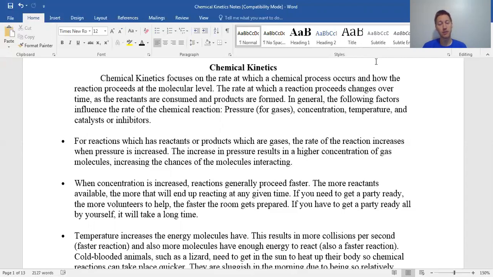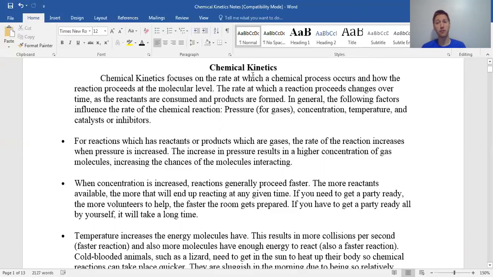Equilibrium is the idea that there's a balance point between products and reactants. The equilibrium constant has nothing to do with how fast the reaction takes place. There could be an equilibrium constant that's really large, which means that we favor the products, but the reaction might be super slow. All right, so chemical kinetics deals with how fast it takes place. The rate of the reaction does not dictate what the K constant is for the reaction as far as equilibrium constants. So do take note of that.